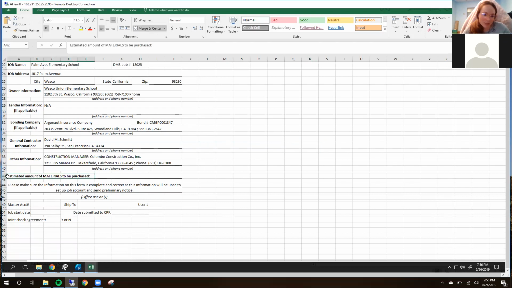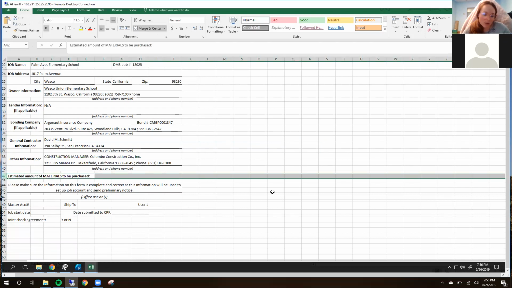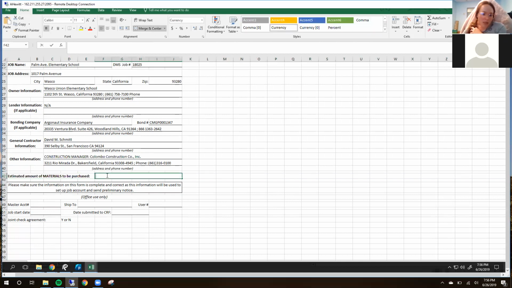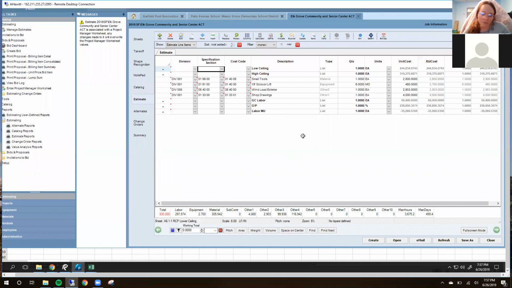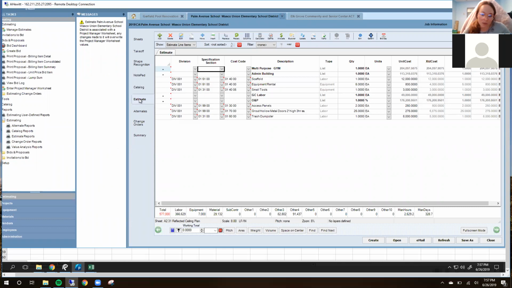Last but not least, we need to know the estimated dollar amount of materials to be purchased. This is information that FBM needs to know. So the best place to find that dollar amount is Pro Contractor. You're going to find your project and go into the estimate file here. I already have it pulled up right over here. So we're going to go to estimate. Material amount is